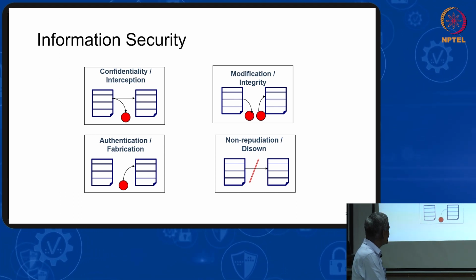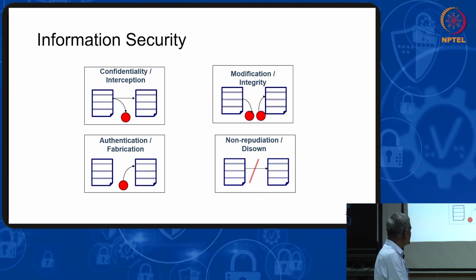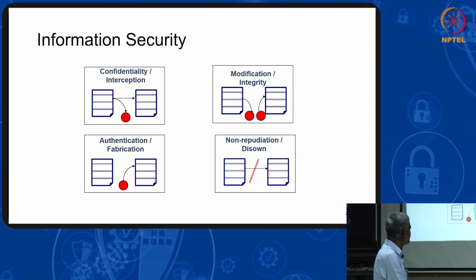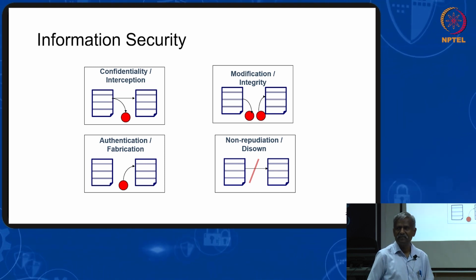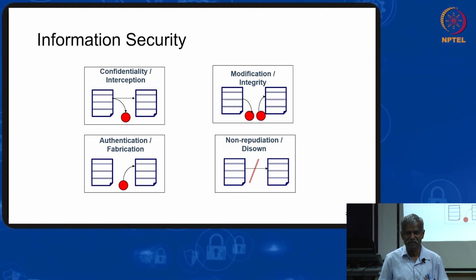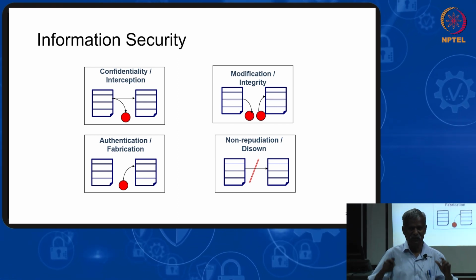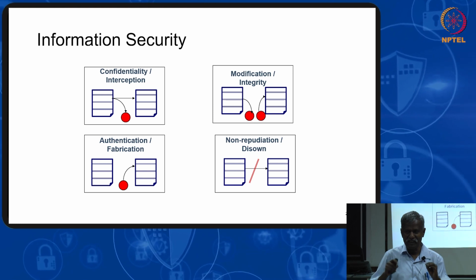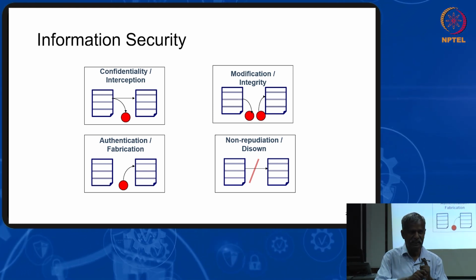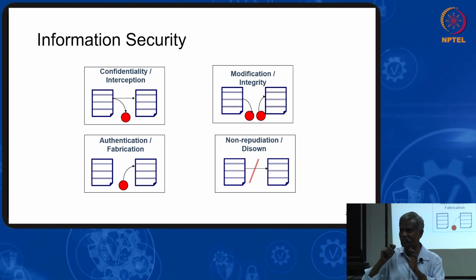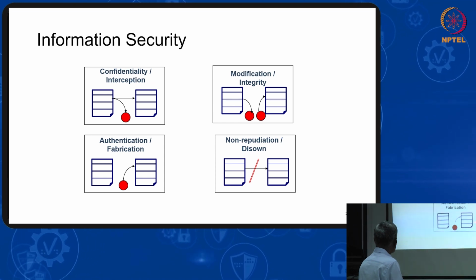So the sender is sending a good message. The intermediate person, the malicious user, is changing it, and after that it is going to the receiver. This problem is called the integrity problem. Integrity means who can modify and who should not be allowed to modify. We should not allow modification of the message by any intermediate person. The sender should send it and the receiver should receive it in the same form in which it was sent. That is the second.